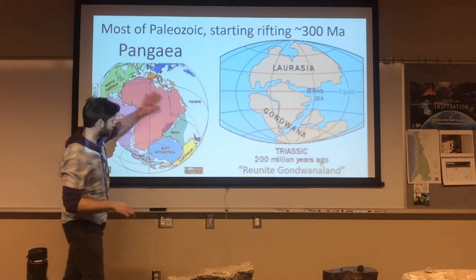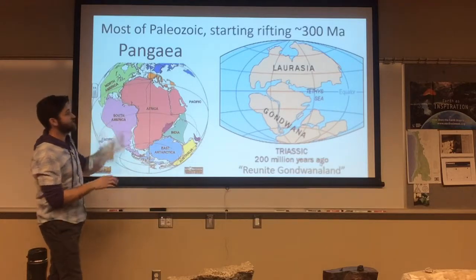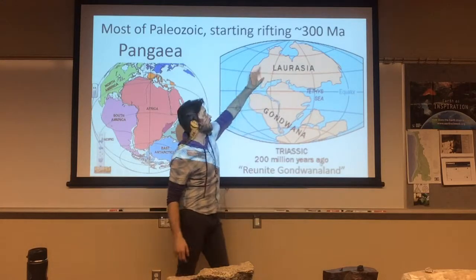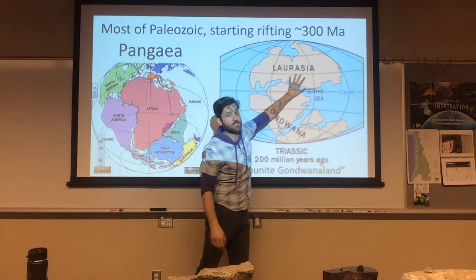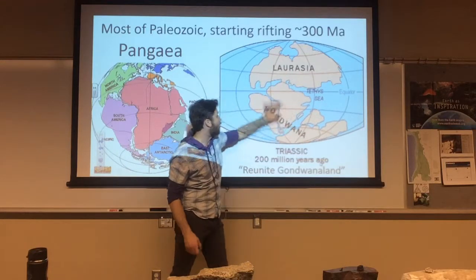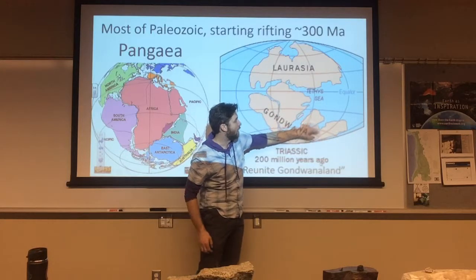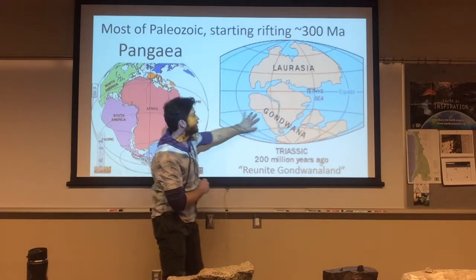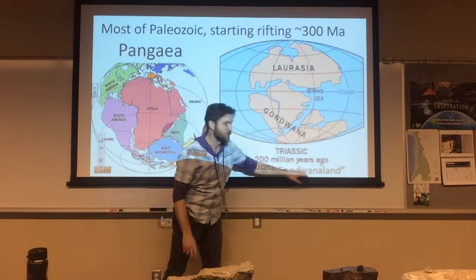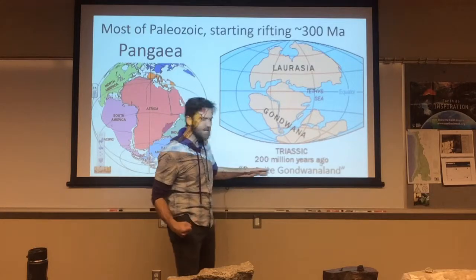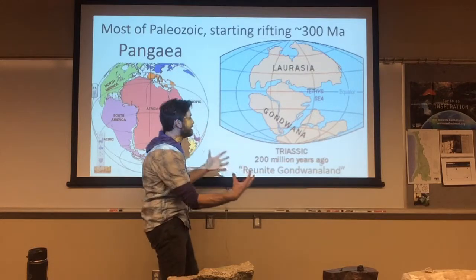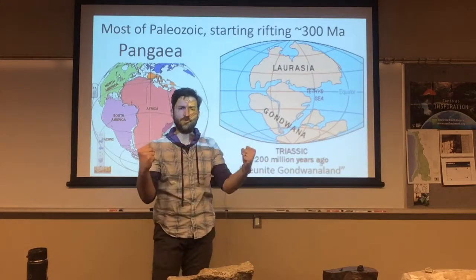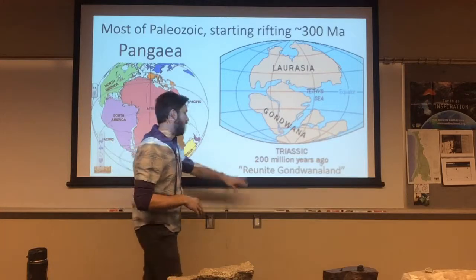But anyway, Pangaea also is known to have a northern half and a southern half. Laurasia, for Laurentia and Asia stitched together, and then Gondwana, or South America, Africa, India, Australia, and Antarctica all stitched together over here. And Gondwana, I want to point out, there's a popular political movement to reunite Gondwana land. We must stitch these continents back together into their original unoppressed form. Okay, now this is kind of a joke, but reunite Gondwana land.